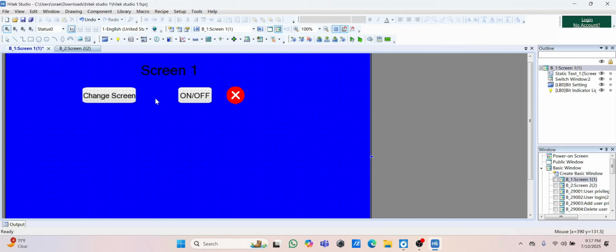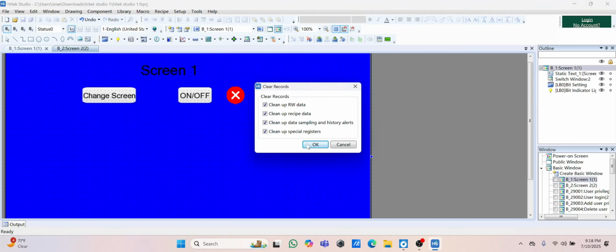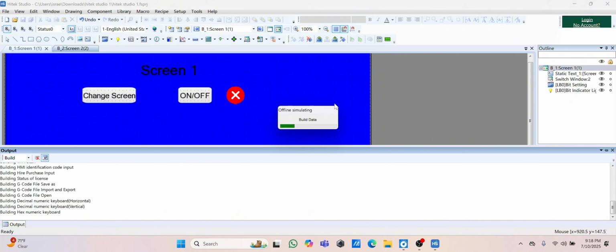So now when I run a simulation, not only should I be able to change screens, but also when I press this button, this indicator light should change color. Now it's red, but when I press it, it should be green, and then once it's green, when I press it, it should transition back to red. All right, let's test that theory. Let's go to offline simulation, press OK again, let it do its thing,